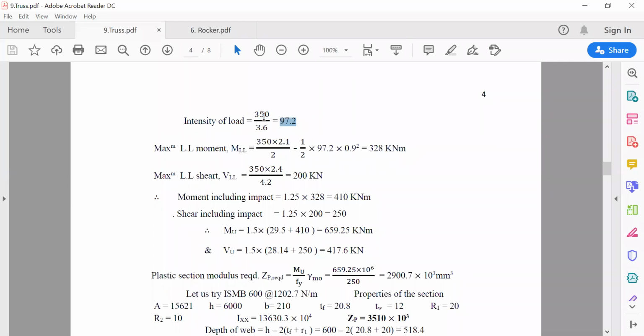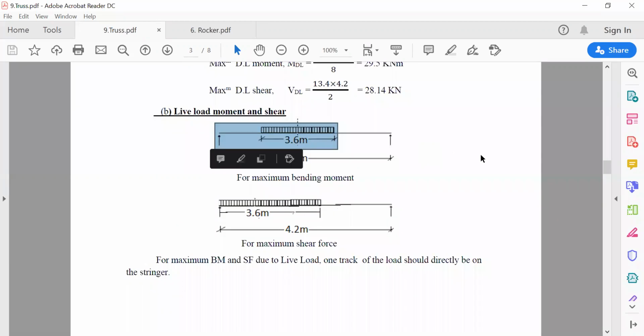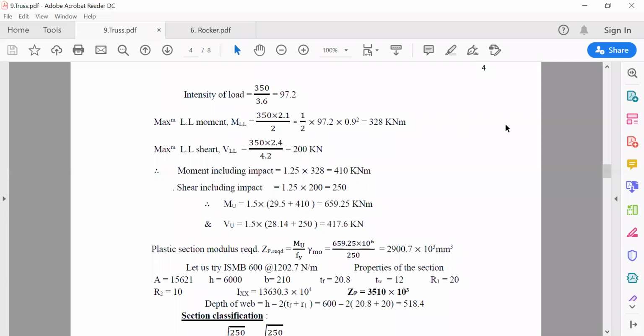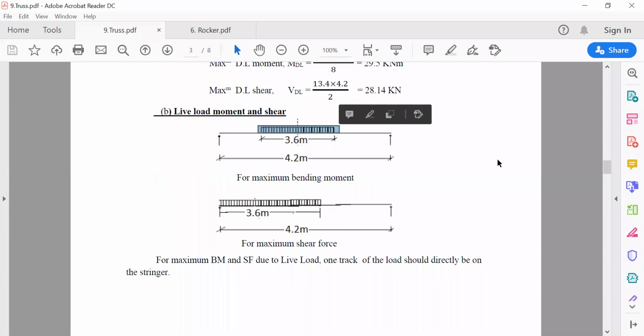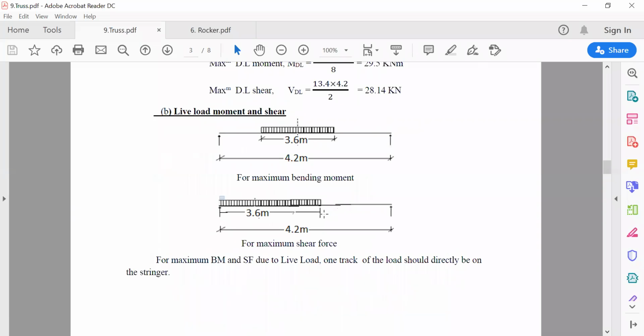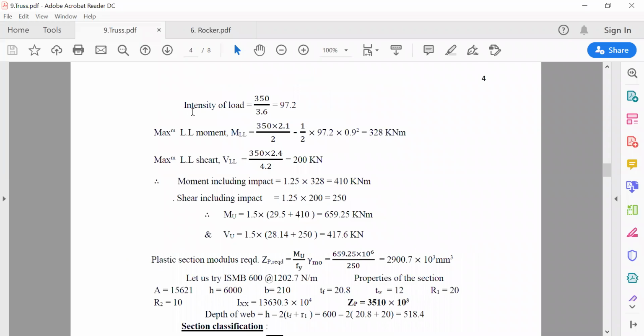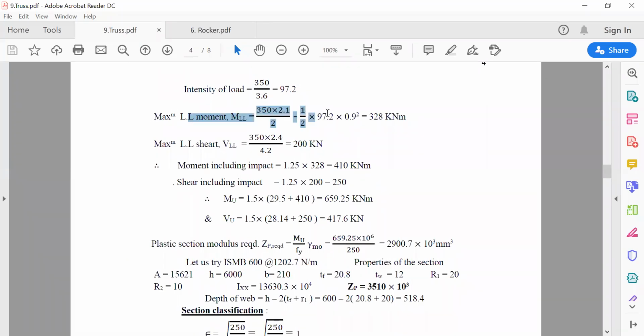If we consider this diagram, the UDL that is falling here is 97.2. This is nothing but the tank. And for highest shear force, the tank should be here. So when you calculate the bending moment, you consider this diagram. When you calculate the shear force, you consider this diagram. So the live load bending moment, this one,